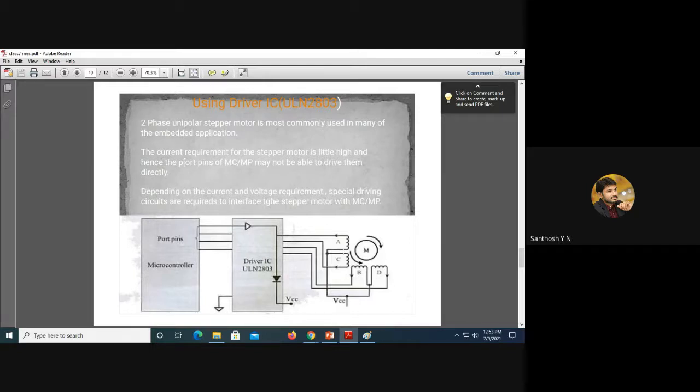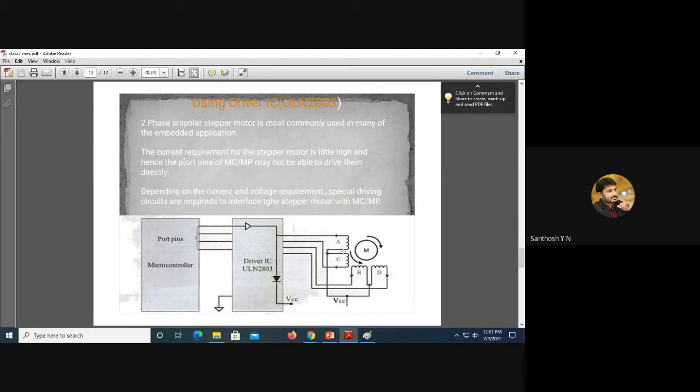So what are all the elements in the driver circuit for relays? Freewheeling diode as well as transistor, right? That internal structure was shown, but here they have not shown it because the internal structure of this particular IC is huge. Therefore that is not in your syllabus. We shall not discuss it.